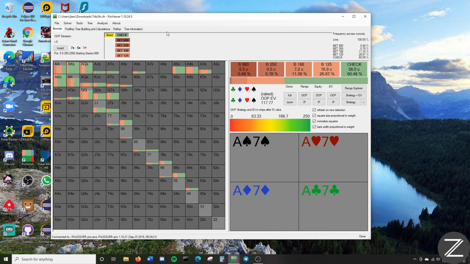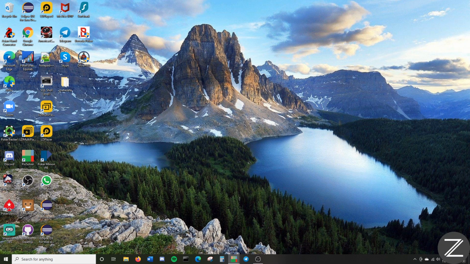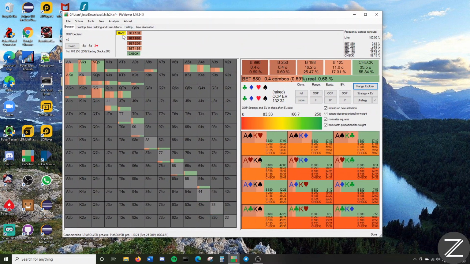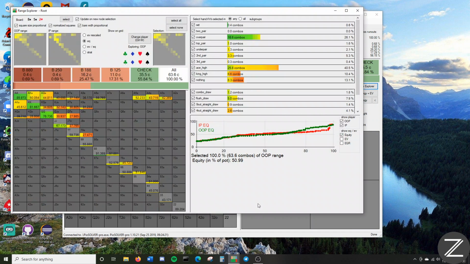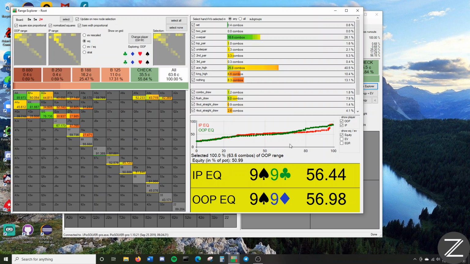So now let's take a look at a drier board, say 8-5 deuce. So here's the equilibrium strategy. So notice you're going to be doing more big betting. So if we take a look at the Range Explorer, the out of position player is going to be doing a little bit better on this board,